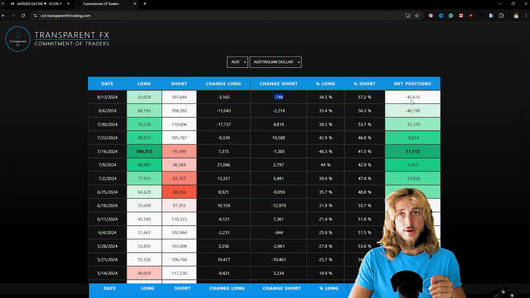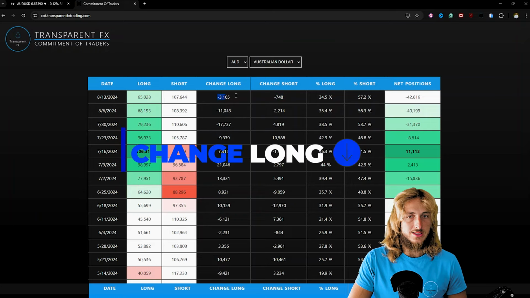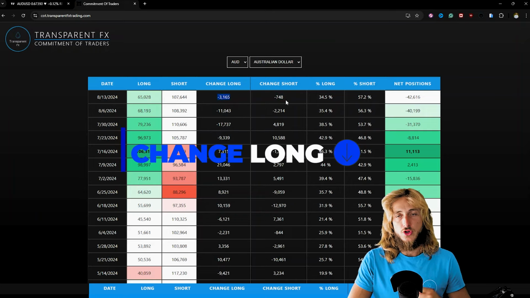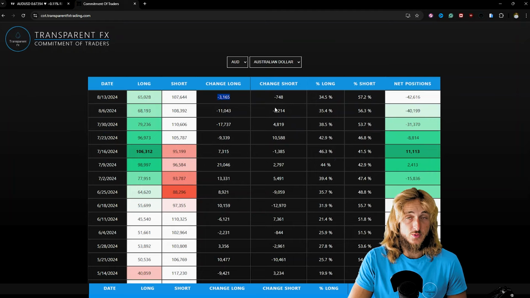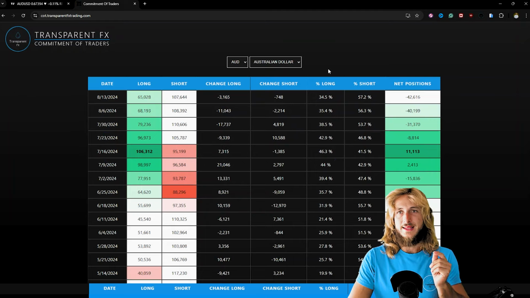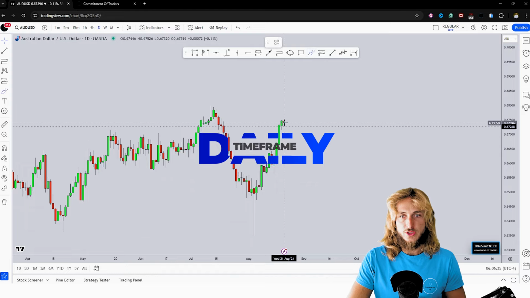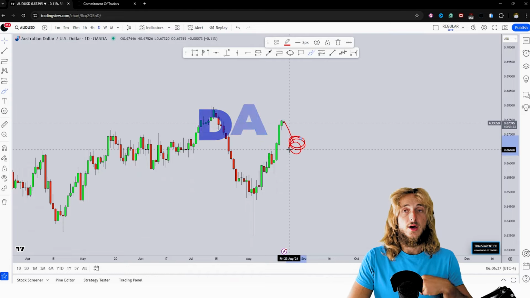Is actually profit taking on the longs. In fact, we can see tens of thousands of longs getting closed, but no shorts getting opened. Actually, shorts are getting closed as we are speaking. So this means that if the market here will provide a correction, there is a good probability to see more